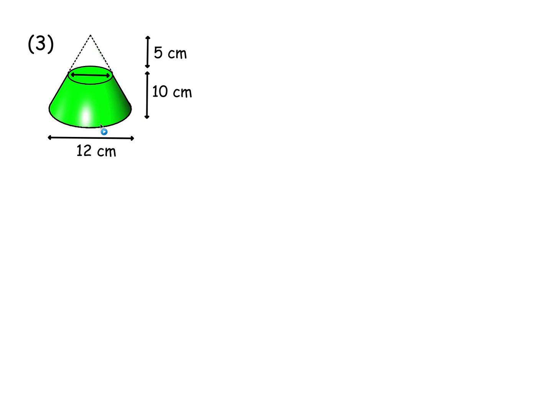This one is a cone with another cone chopped off the top. And you have to get the volume of this shape in green. So its diameter is 12 at the base. And there's been a big cone there. You should see the dotted line completing the cone. The full height of the cone is 15, the largest cone, and the base is 12. And then there's a cone chopped off the top, a smaller one. Well, its height is 5, and you have to get its